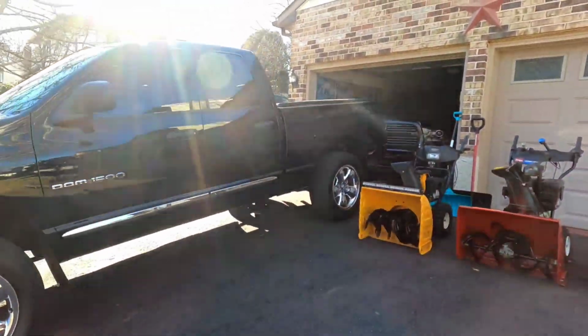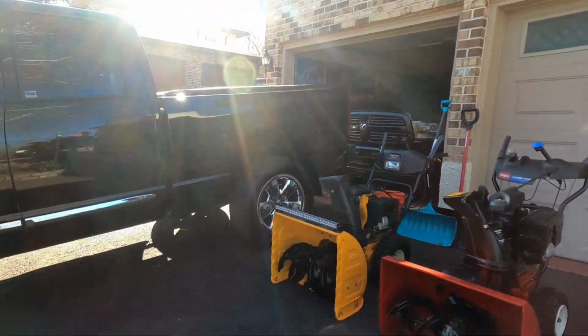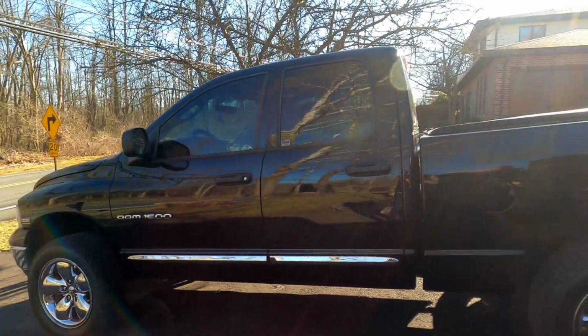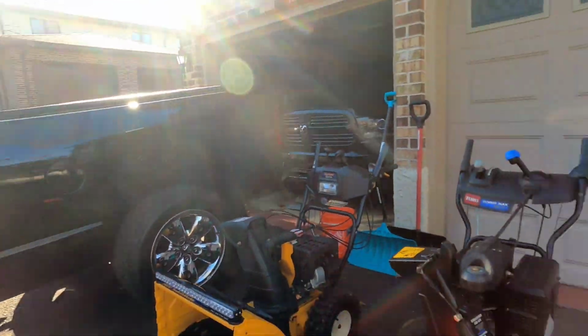And then next year we're gonna have all of this and this truck, and we're gonna have another truck with a plow, hopefully. So we'll see how that goes, and then I can get into commercials and that. But yeah,